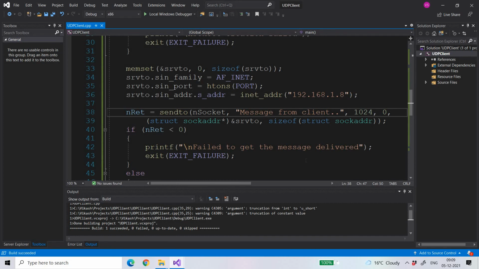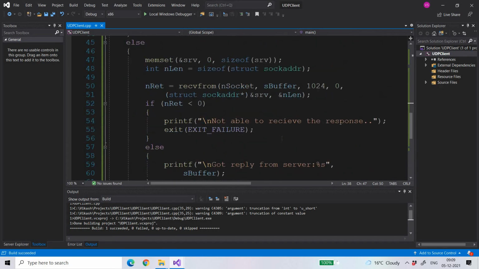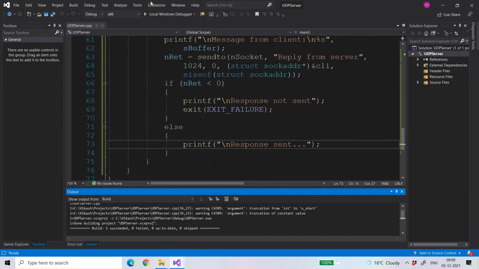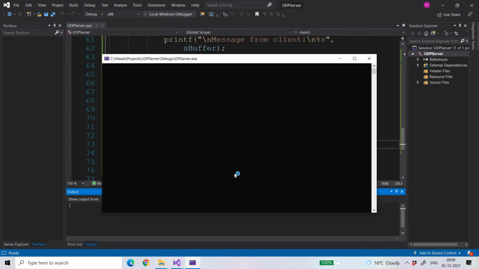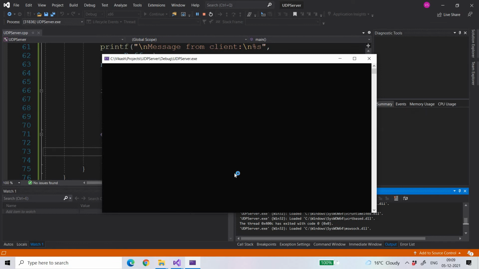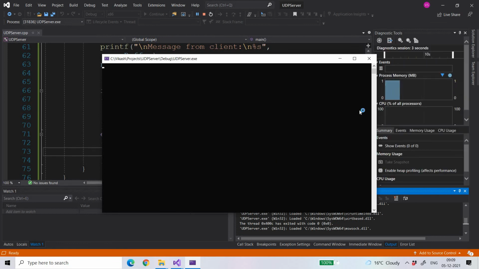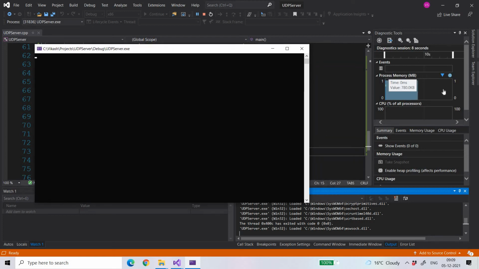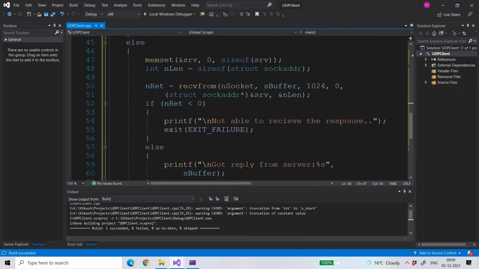So this has been compiled now, one succeeded, and now let's see how to run it. Okay, so let me just start it. My server has started and it will keep waiting. You can see it is consuming memory, so it is utilizing this much of memory, and you need to take care of why it is taking this much memory, because it is inside a loop and just keeps waiting. So that's how you measure the performance and see how your system is performing with your application.